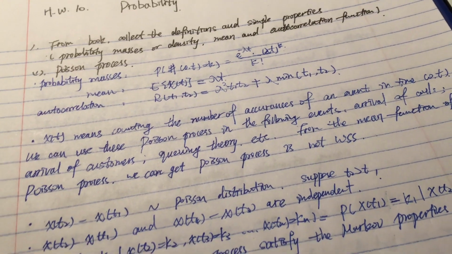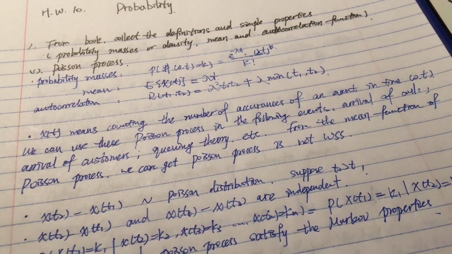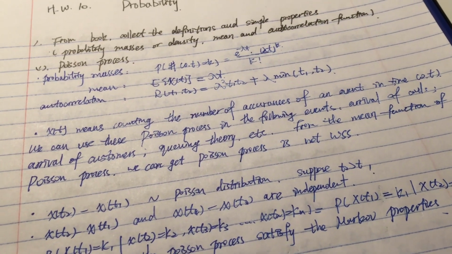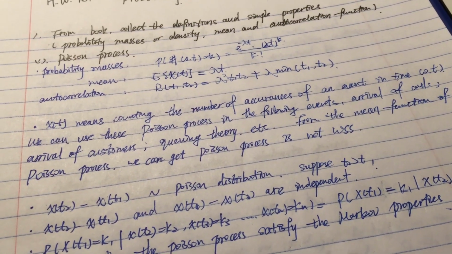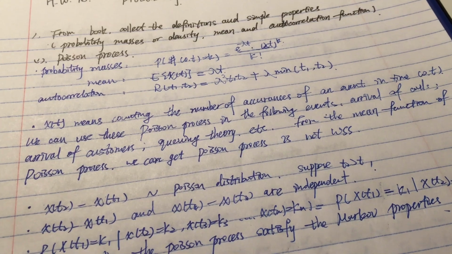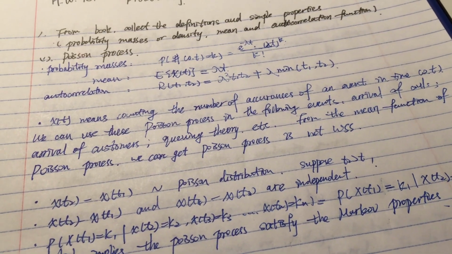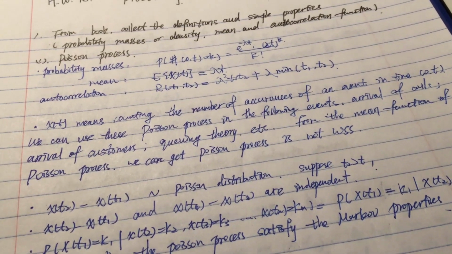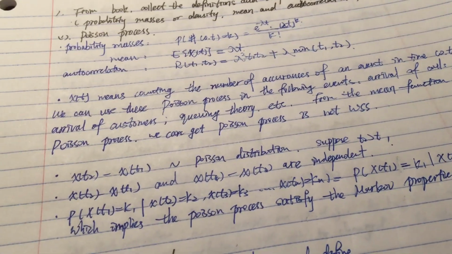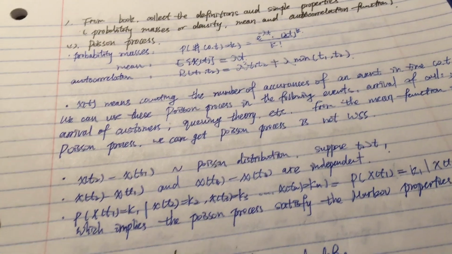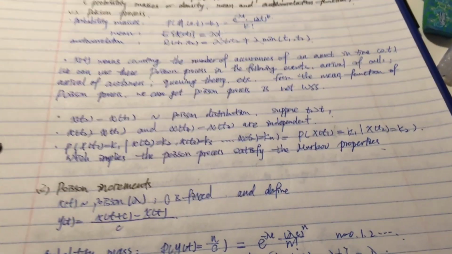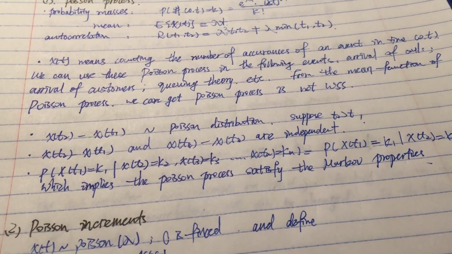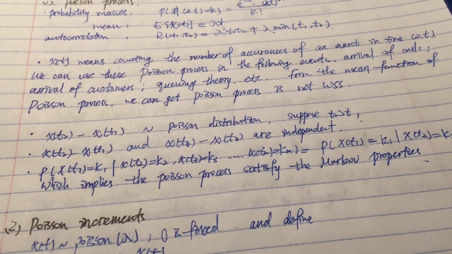The probability mass function equals e to the minus lambda t times (lambda t) to the k over k factorial, and the mean equals lambda t. The autocorrelation equals lambda squared times t1 times t2 plus lambda times the minimum of t1 and t2. From the mean function of the Poisson process, we can get that the Poisson process is not